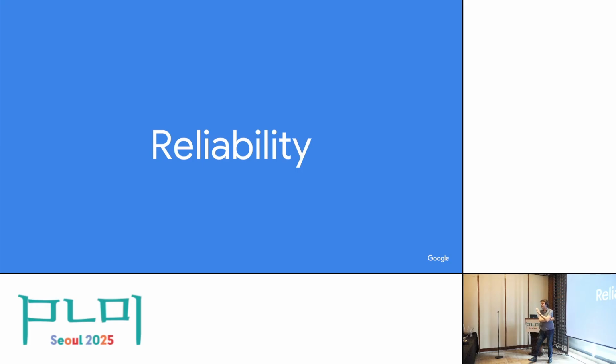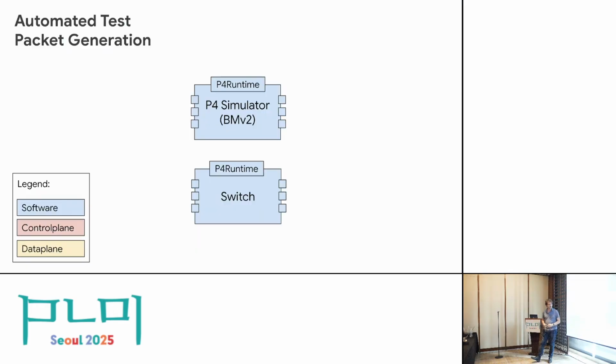So how do we get this reliability that I was talking about? Well, the key thing is very, very simple. We do diff testing. So in what sense is P4 an executable specification? Well, in the sense that there is a simulator that executes it. So this is called BMv2. We did not build this. This is an open source thing. There's the P4 runtime is the name of the type of API that we use. And this simulator speaks P4 runtime and does data plane behavior.